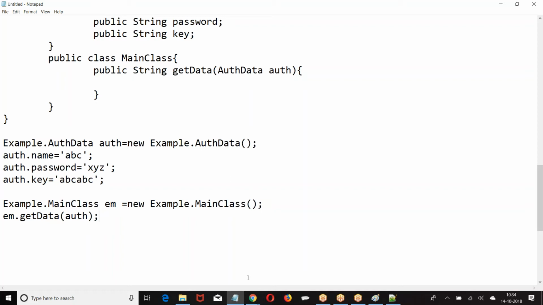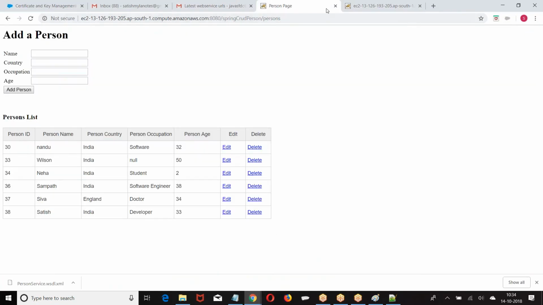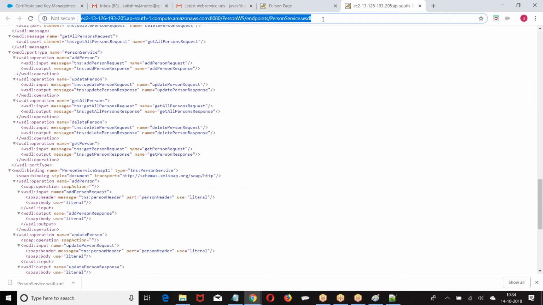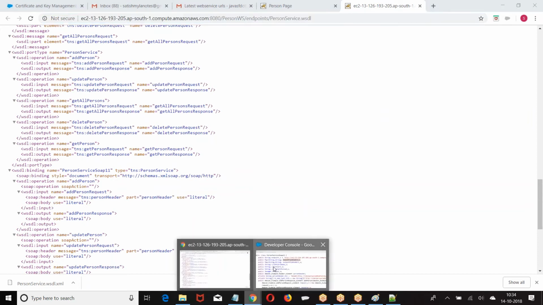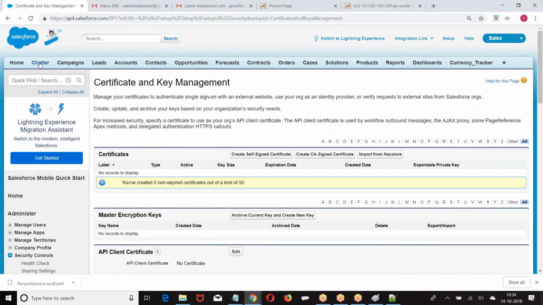Right. So for your practice, I'll give this file. I'm sharing this file. You can use this file for your practice.